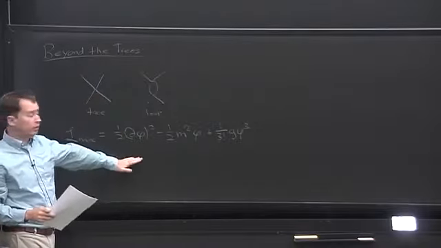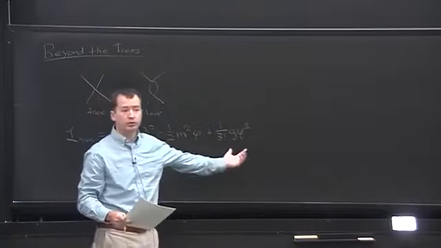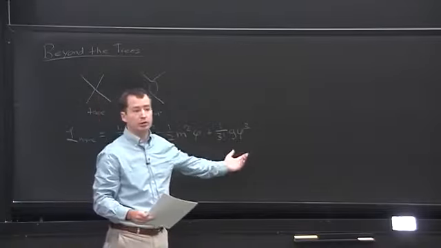This is exactly what we did yesterday. We just assumed we could add an interaction term. That's okay in general at tree level, but once we go beyond tree level, that's not necessarily a consistent thing